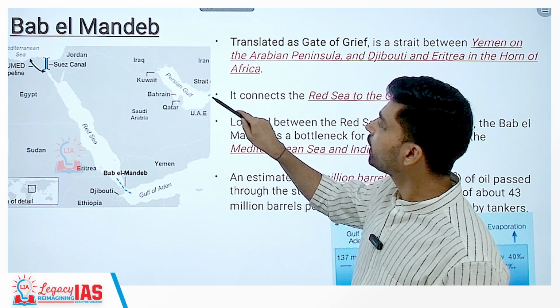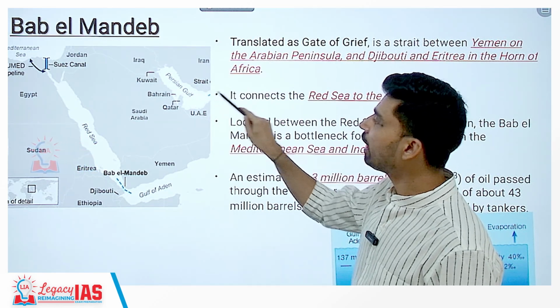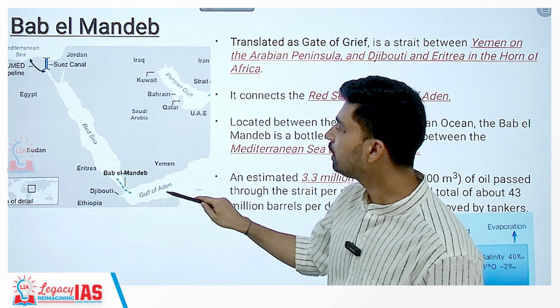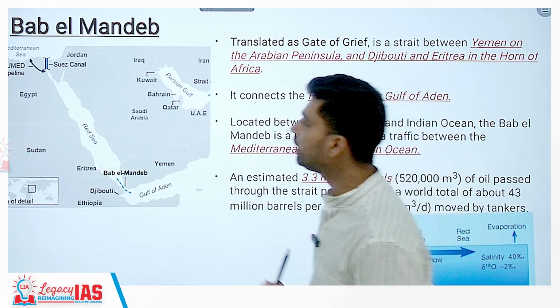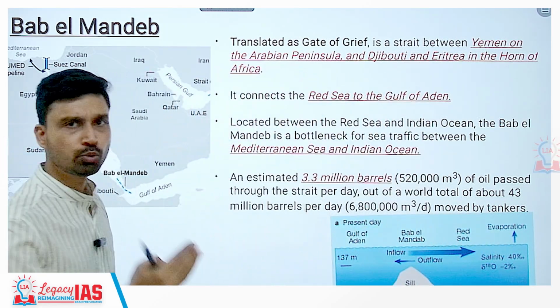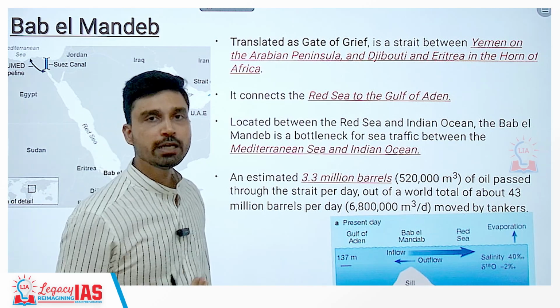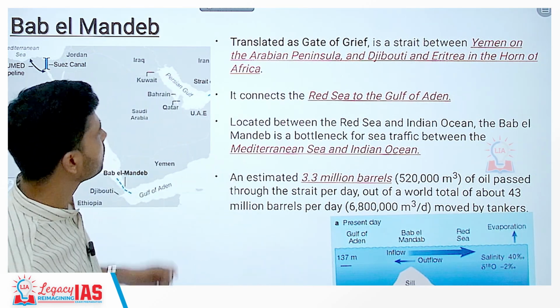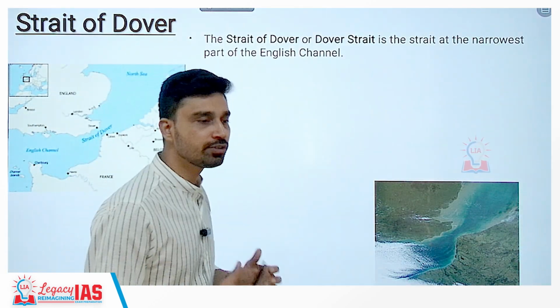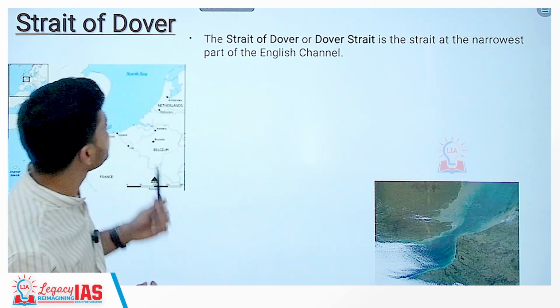So basically, as you can see, the Persian Gulf here, that means here you have the Strait of Hormuz and here you have the Bab al-Mandab. Both are very vital straits, situated one on the northern side of the Arabian Peninsula and one on the southern side. Now next we have the next modern strait that we have talked about, the Strait of